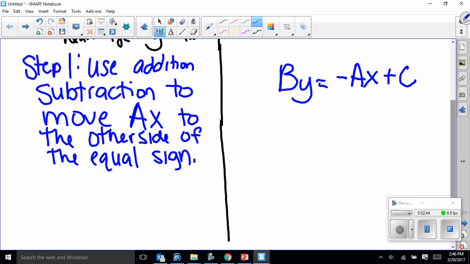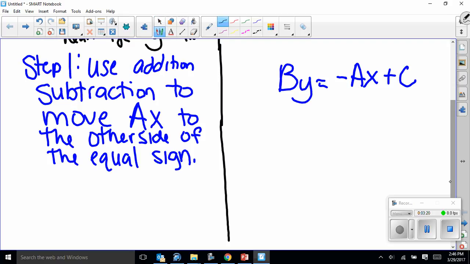So how do I separate the b and the y? What operation is going on here? Addition, subtraction, multiplication, division. If b is a number, if it's 2, 3, what operation is it when they're stuck to each other? Multiplication. Like if I had 2y, how do I separate them? Division. All right, so in order to separate the b from the y, I have to